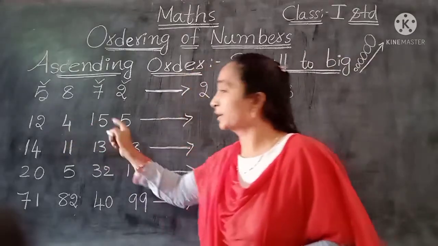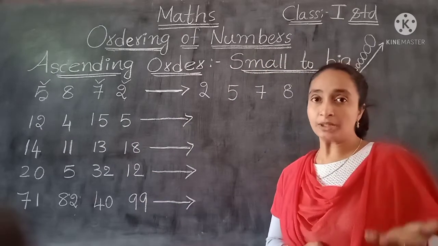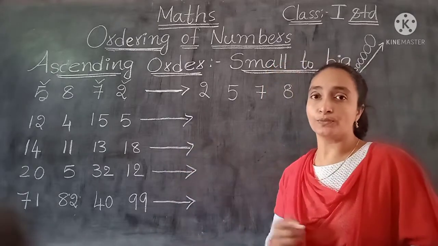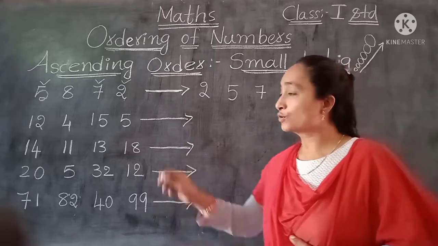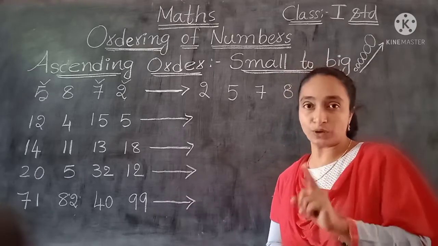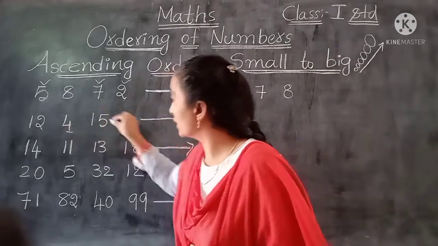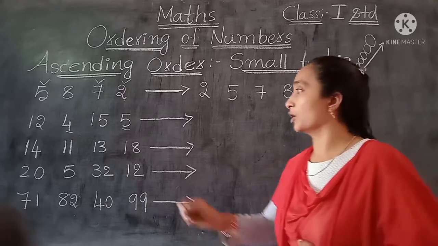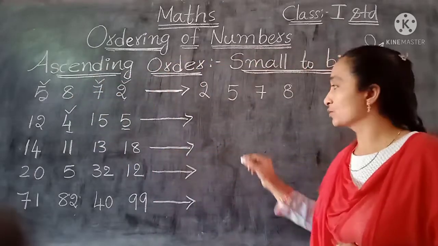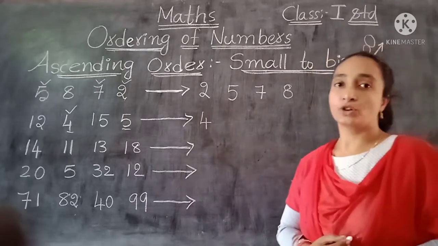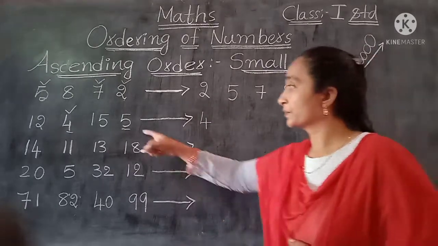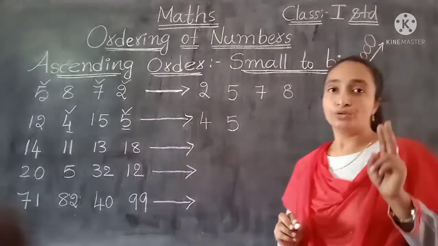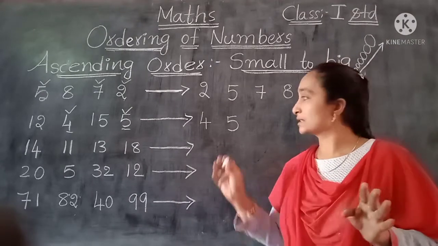And now here 12 and 15, these 2 are the 2 digit numbers. These are the bigger numbers. So now this order is small, no. So first we want only the small digit numbers. So these 2 digit numbers we can keep aside. So first 1 digit numbers we will take. Now here 4 and 5, which is the small number? Yes, 4 is the small. So this number we have to take first. So 4, first small number is 4. Okay, and then next small number, single digit number, is 5. So this number also we can take. So 2 1 digit numbers completed. Okay, so these are the small numbers.